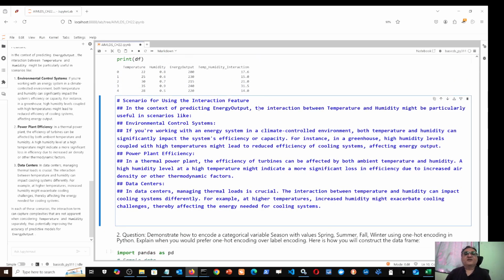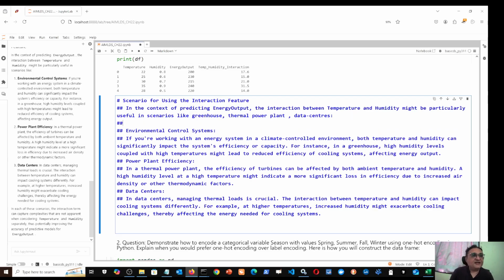So in the context of predicting energy output, the interaction between temperature and humidity might be particularly useful in scenarios like greenhouse, that was the first example; thermal power plant turbine efficiency, that was the second example; and the third example was data centers, right? So at least I have that, then in all three cases, I will start my next sentence. In all three cases, the efficiency